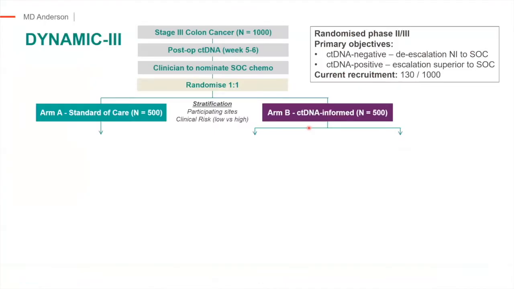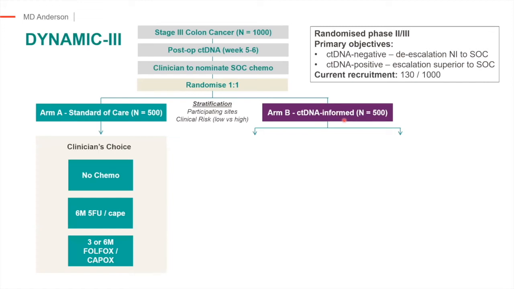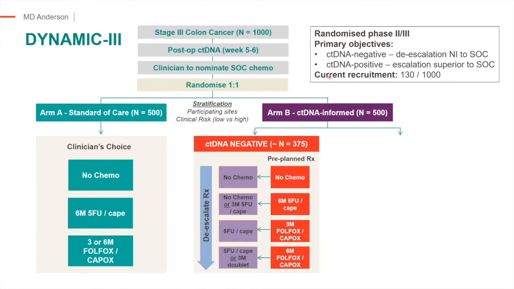There are other studies, this is the Dynamic 3 being done in Australia and in Canada, just to be aware of, very similar, randomizing to either doing what you do normally or to be ctDNA informed. And the clinician would say, I'm picking what we're going to do, in discussion with the patient, no therapy, 5-FU, single agent or combination. And then the informed one, the physician would still make the same call. And based on the pre-planned, they would kind of de-escalate one level. So if